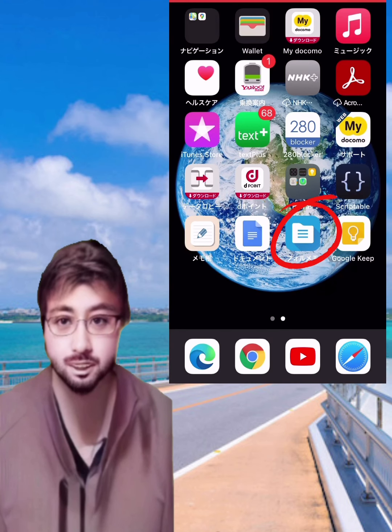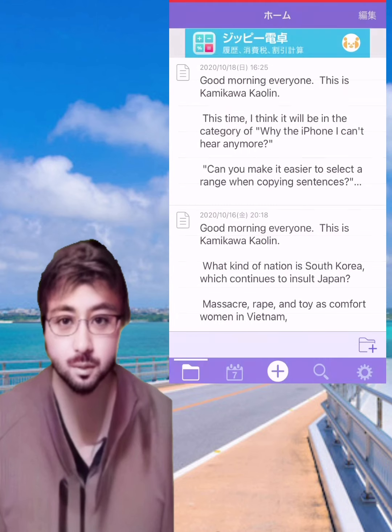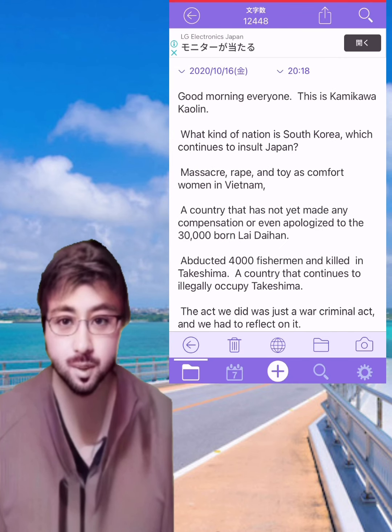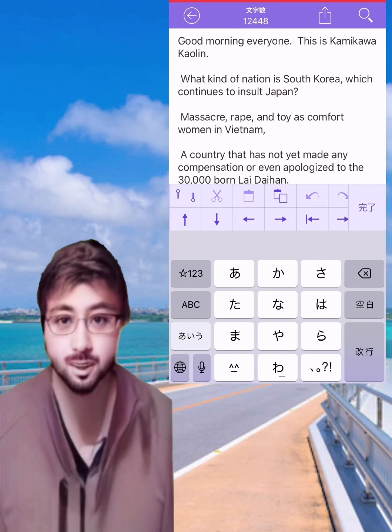Among the Memo apps that can paste images, the one that is particularly excellent in specifying the range, first place, Memo Advantage. The image is displayed at the top of the memo. The number of characters can be displayed. You can search. You can start over. Can be used sideways. Can be converted to text, txt, and saved in the cloud.